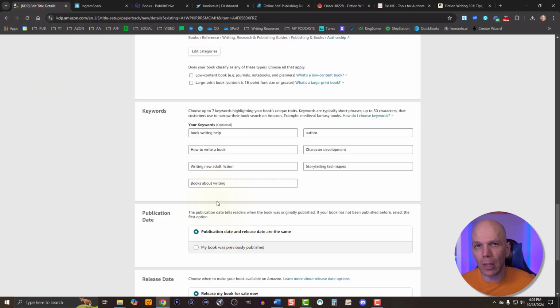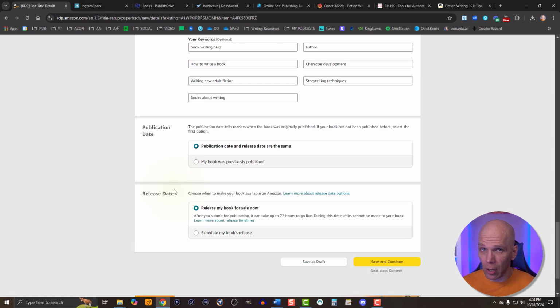everything that you need for your 7 keyword slots. In the event you already did the work before with the ebook, and you say, Dale, I am done doing all of the keywords, you can always just leave those keywords there, and you can come back and modify those later on. Just remember, when you do modify them, you'll need to go to the last step in the process and hit Publish Book, because otherwise it won't take. So go ahead and pause the video right now, and we'll scroll down to publication date here in just a